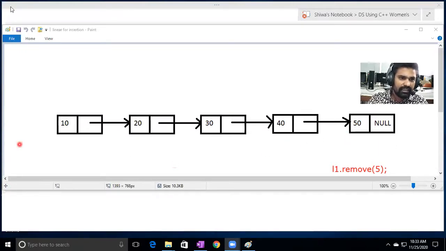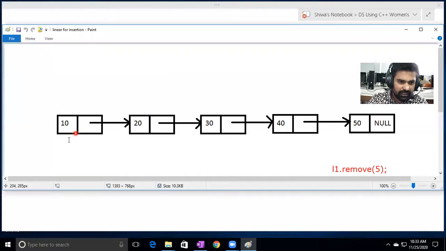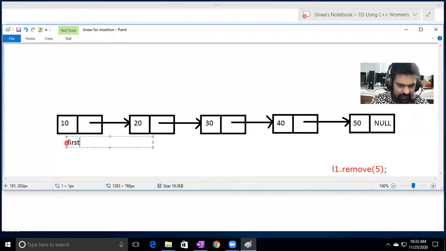For that, you already know the logic. In the insertion, I already explained. So the same code we write now. This one is the first, and this one is the last. Assume this first one as the pointer.